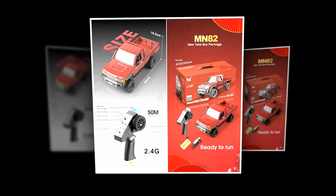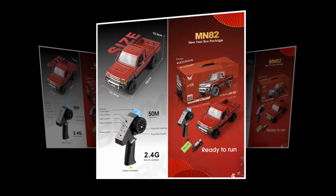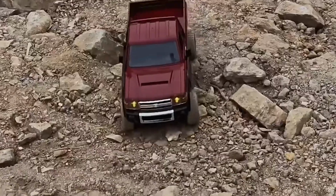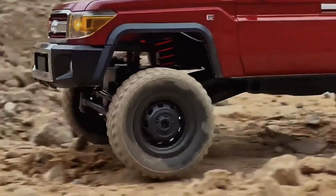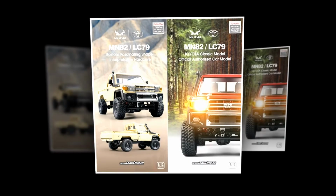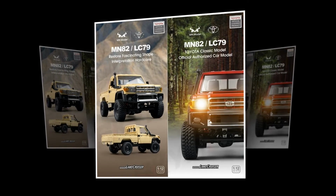Equipped with 2.4 GHz technology, you can race against friends without interference, ensuring smooth and responsive controls. Conquer any terrain with confidence thanks to the MN82 Retro's four-wheel drive system. Whether you're racing on dirt, gravel, or pavement, this RC car delivers unmatched performance. Perfect for beginners and seasoned RC enthusiasts alike, the MN82 Retro is simple to operate and offers hours of entertainment